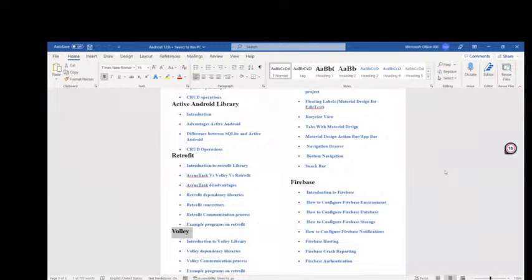JDK version 8 and higher is fine; you can install any JDK version. Once we install this environment, everything can be set automatically. That process I'll also show you here. No worry.